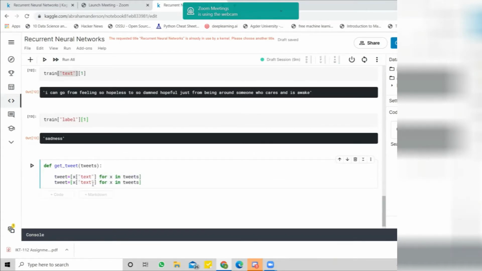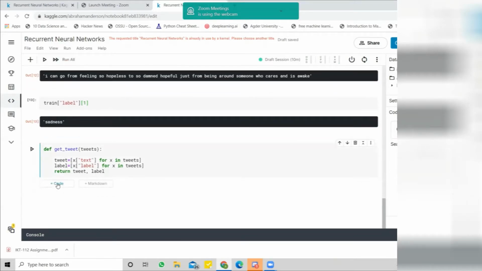Let's copy, and instead of for every single loop, we will get the label, right? Label section from the tweets, and assign this one into label. Yes. And let's return tweet or variable name and label. Okay. Now our function is ready, which means that, for example, we can get, let's assign the tweets and label,